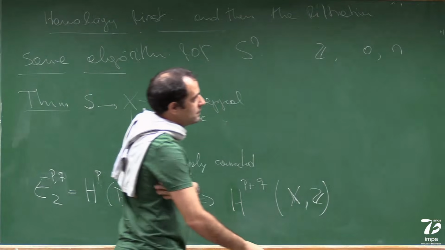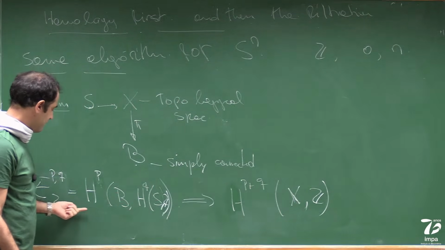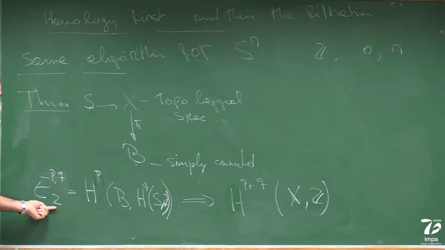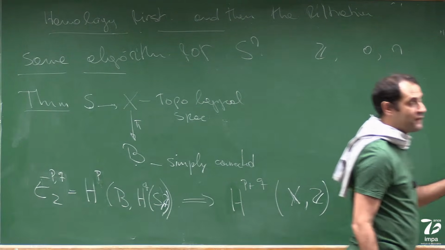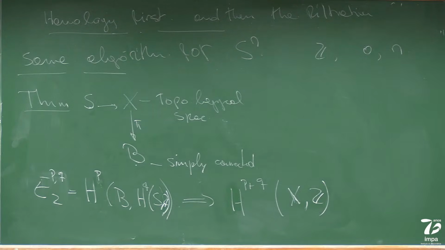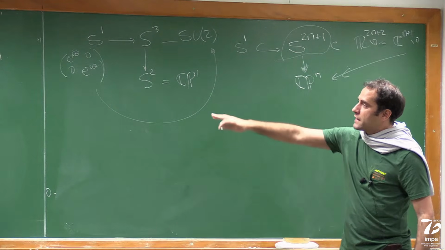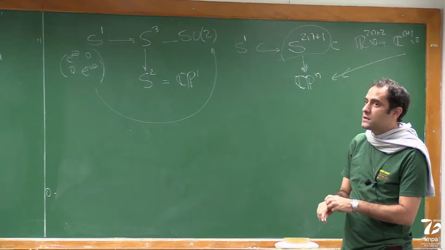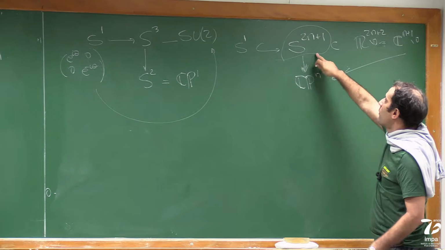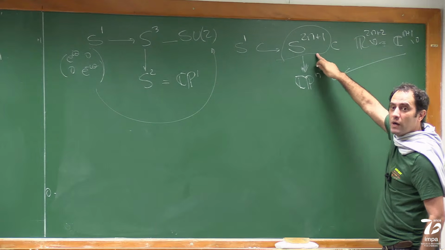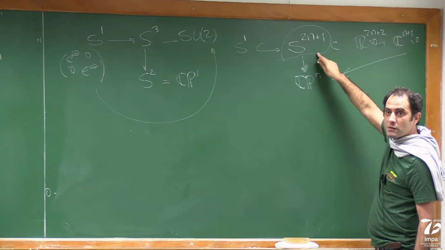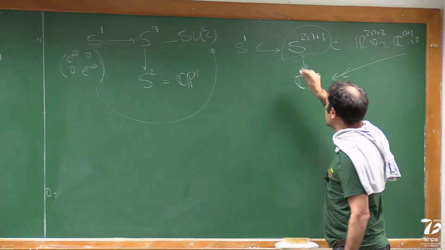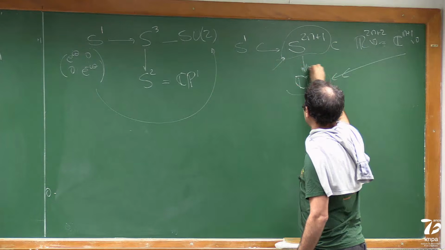And we have a spectral sequence whose E2 page is this, that converges to the full homology of the full space, which is this guy. And let's suppose that we worked out the example. We already worked out the example of S2. But let's suppose that we worked out the homology of this S^(2n+1). And we know that this guy has homology only in degree 0 and in degree 2n+1. Okay, so let's suppose that we know the homology of this guy. I want to compute the homology of this guy.